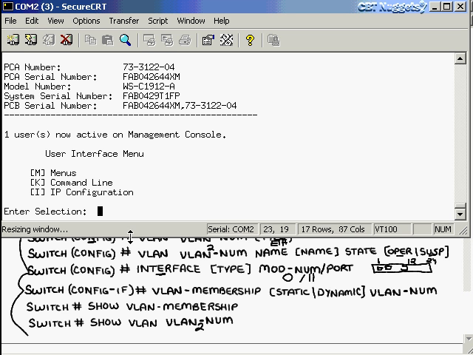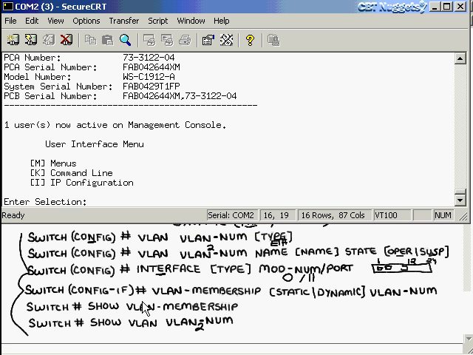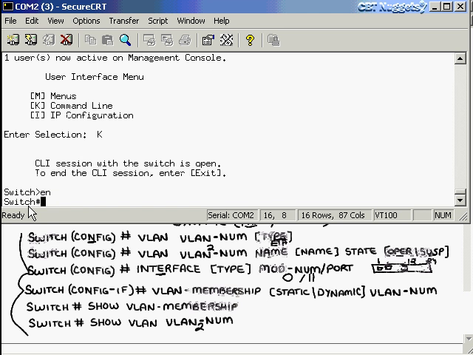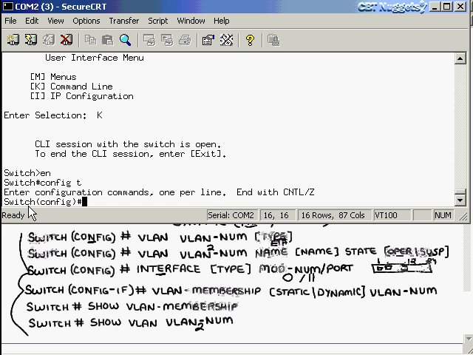All right, because that's what we talked about here with this whiteboard. So let's go ahead and opt for K, which gives us command line interface. Immediately you see yourself here in the user level, or the user mode. We need to get into privilege mode as we would in a regular IOS device. Type in enable, and now we're there. We're in the privilege mode, which gives us access into the configuration. So we would type config T for configure from terminal,